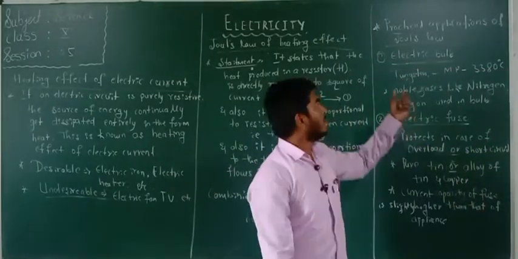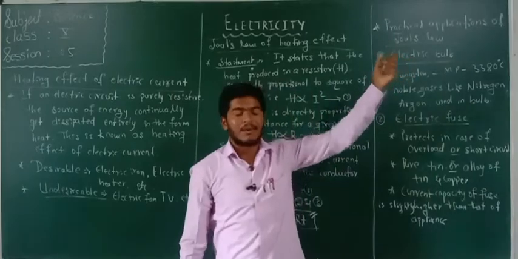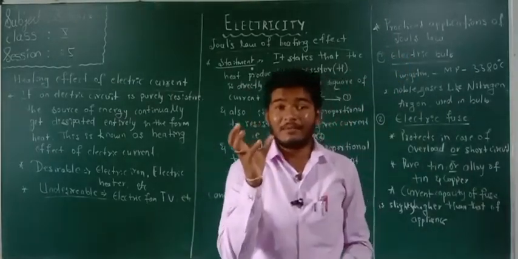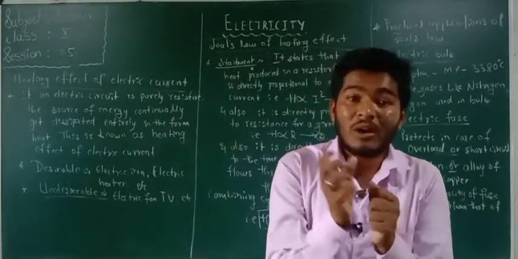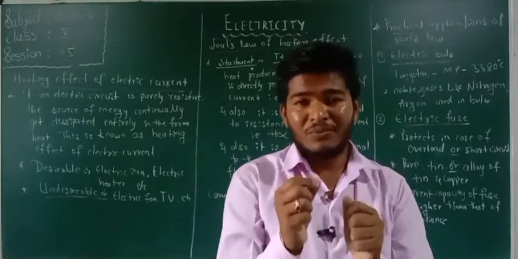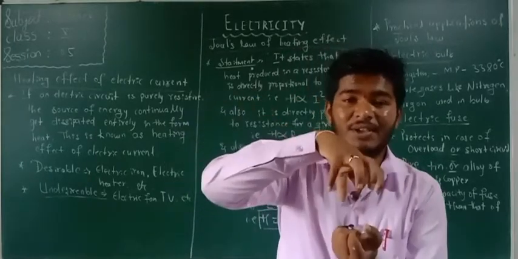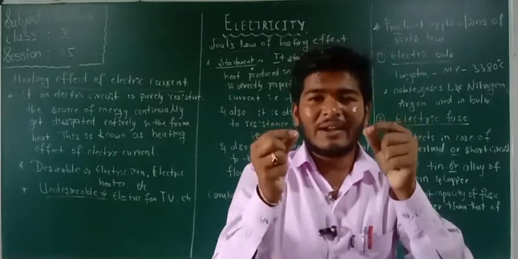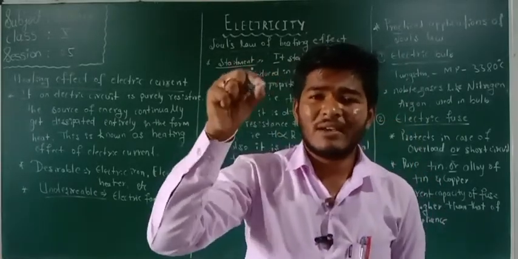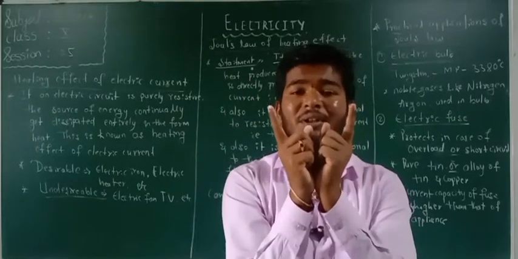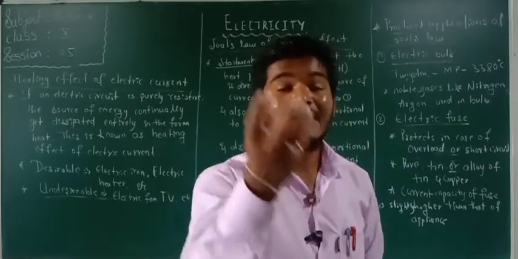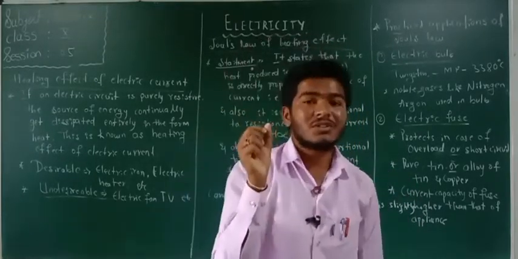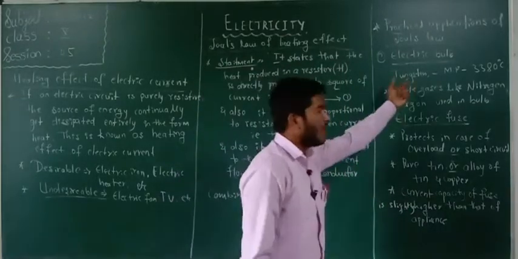The first application is the electric bulb. Have you seen an old electric bulb? Take one old electric bulb and carefully cut off the glass surface. You may get a thin wire connected between the two rods in that bulb. That is nothing but the tungsten wire used in the electric bulb.